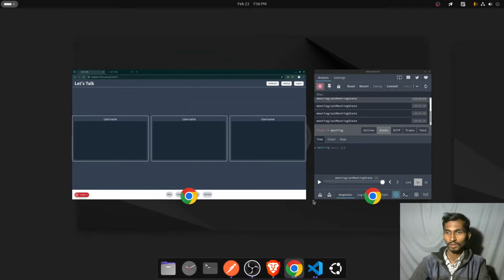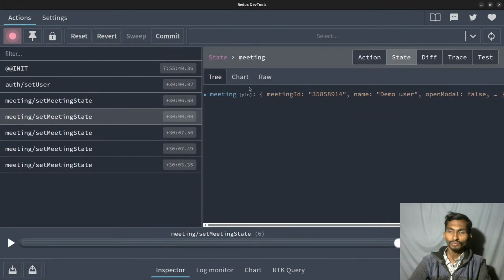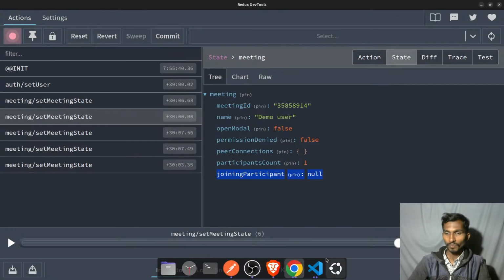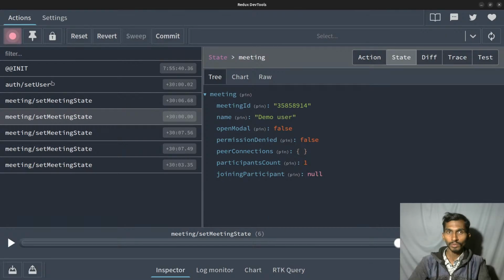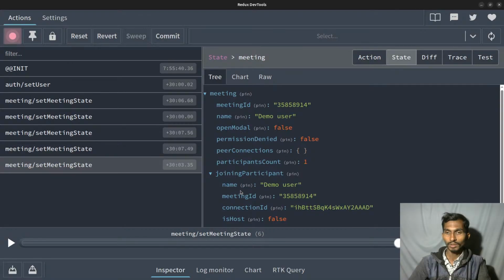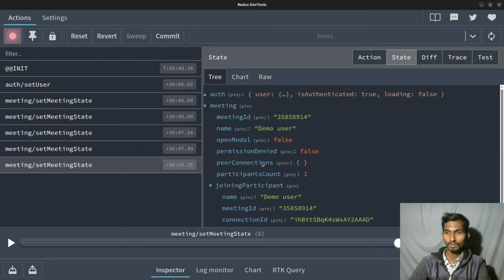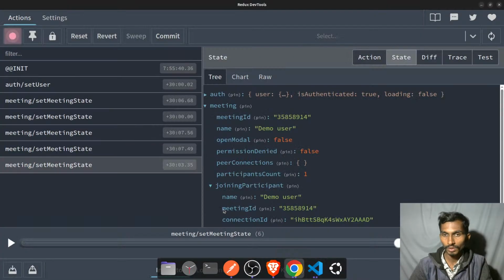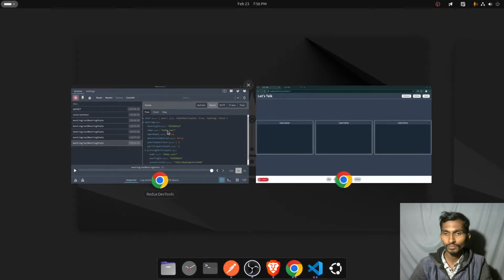and that simply means I can come back here. If I check this meeting, join participant is actually gonna be null because I have allowed it. Okay, and there's only one participant, and at last there is a joining participant. Okay, fine. So right now I have 2 users, but of course they are not being shown there. And if I actually have a look here,